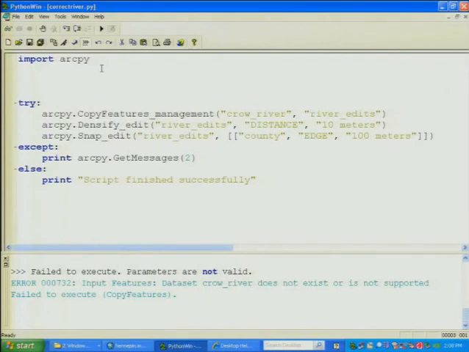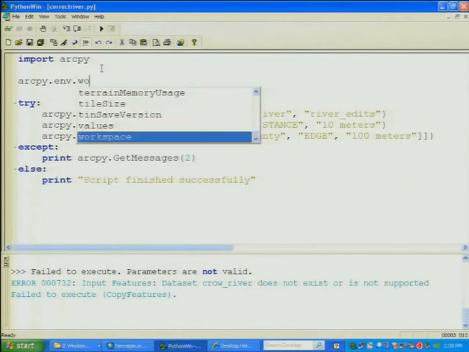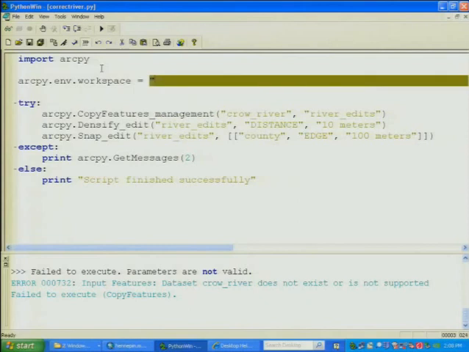Well, when I'm working inside ArcMap, I was working mostly with the layers. Here I am in Python, where it has no concept of where ArcMap is and what was in there. So I need to be able to reference those layers in some other way. And one way I can do that is by setting geoprocessing environments. So if you need to set an environment, it's arcpy.env. It's this environment class, and it contains all the environments. So I'm going to set my workspace to